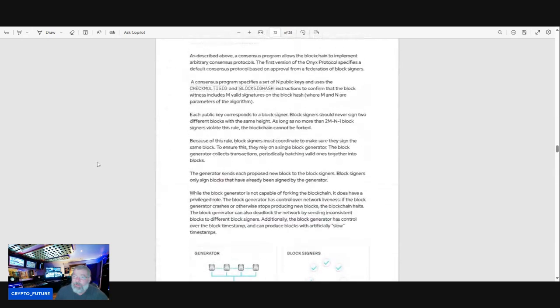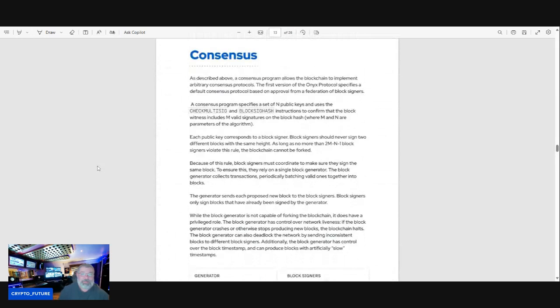Where are we at? I guess we can get into consensus. Why not, right? Consensus. As described above, a consensus program allows the blockchain to implement arbitrary consensus protocols. The first version of the Onyx protocol specifies a default consensus protocol based on approval from a federation of block signers. A consensus program specifies a set of n public keys and uses the check multisig and block sig hash